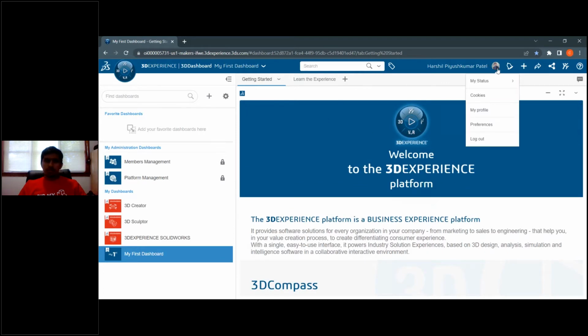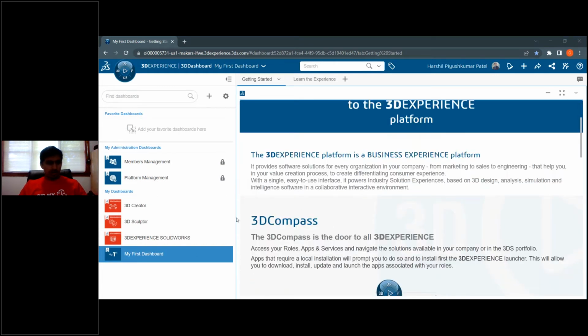You have to create an account for the 3D experience platform, and you can connect with the community and create things from cloud-based SolidWorks.